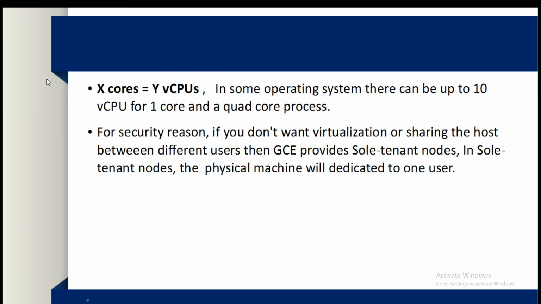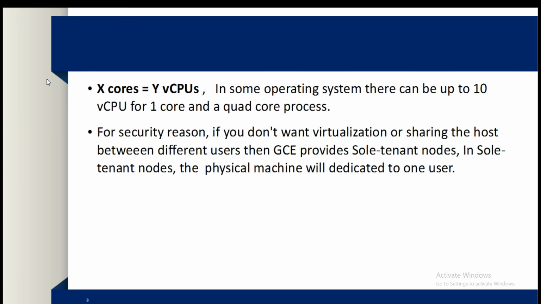Then for security reasons, if you don't want virtualization or sharing the host between different users, GCE provides sole tenant nodes. In sole tenant nodes, the physical machine is dedicated to one user.